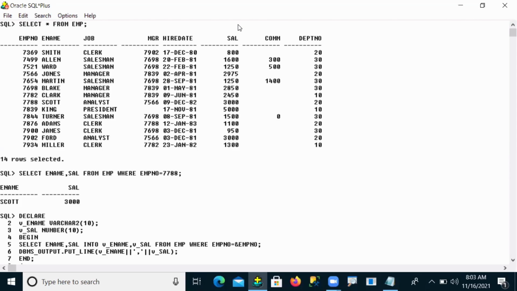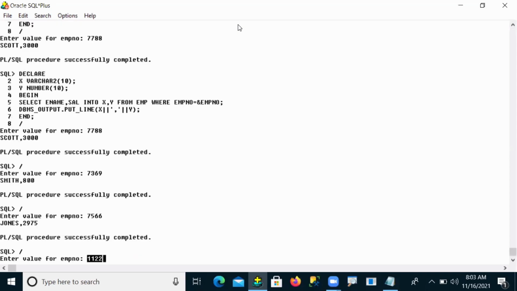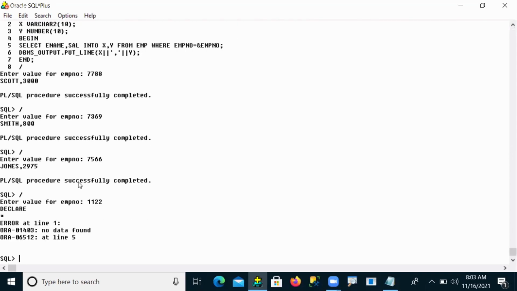No. So when there is no such employee, it shows an error message, and it says no data found. Understand now? So this is what we call the select into statement.